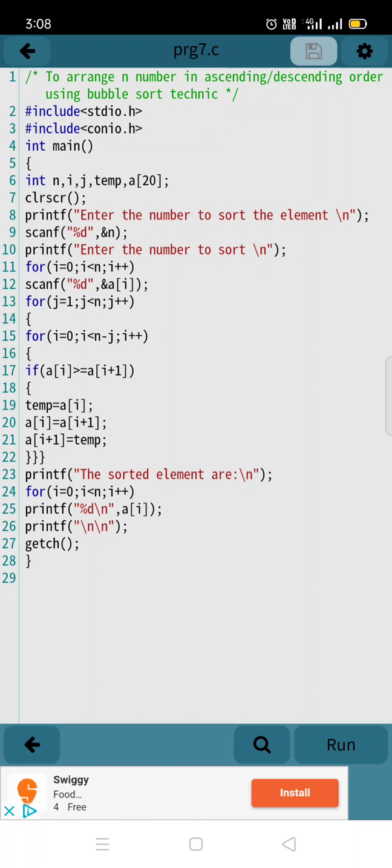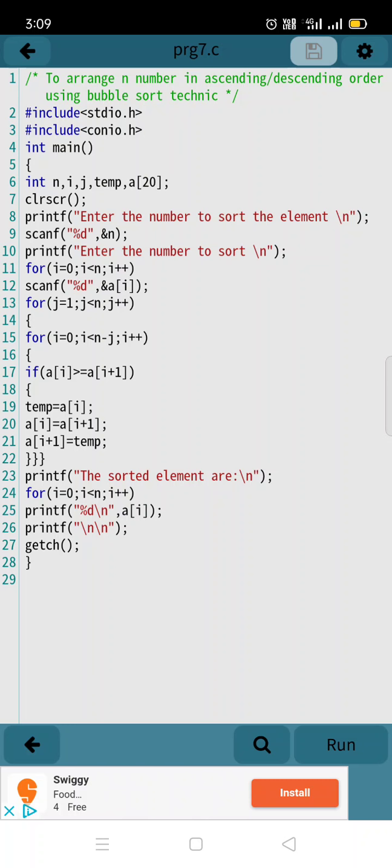And in one more printf function we took two new line characters here, because we need to leave some space. Our cursor needs to come down, so again we take slash n two times, and the getch function we take to get a character from the keyboard, and we close our main function with the curly bracket. So now we will save this, and already it is saved. We will run the program and see the output.